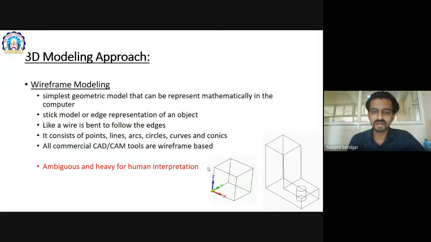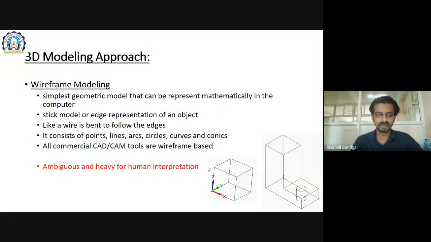Why? Because if we use wireframe modeling, the database saved inside the computer is very small, and with that small database and less system configuration, we can perform our required operations. All CAM tools are based on wireframes. If you see the output of CAM software, all the data is wire-based, meaning it just shows the path of the tool in wireframe mode.